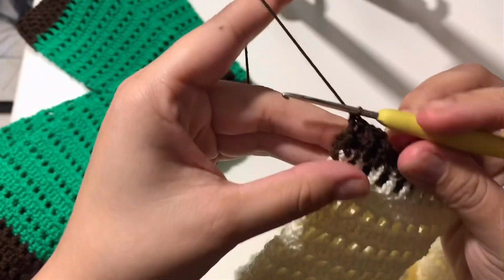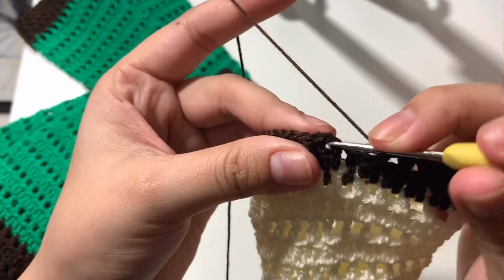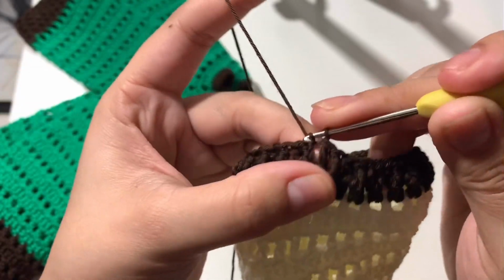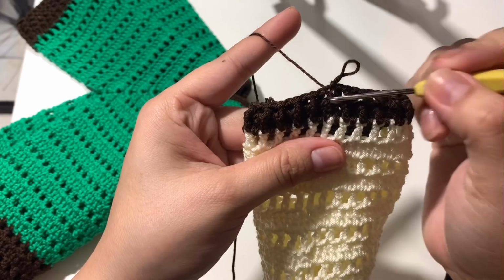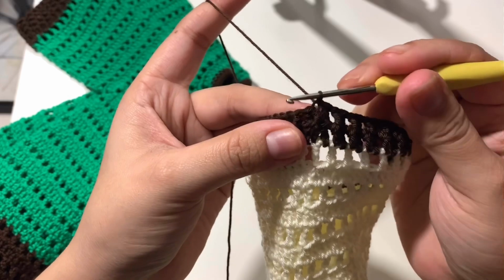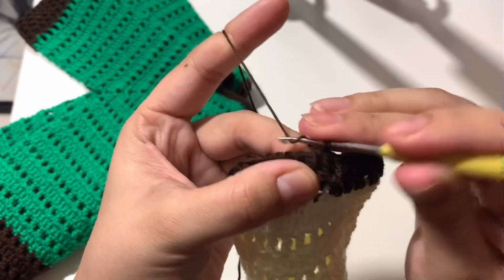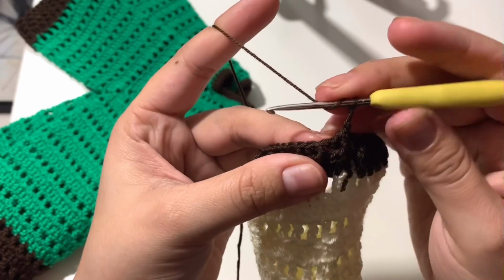Okay guys, so I finished the row, and you have the slip stitch right here in the top of the second chain. Just slip stitch there, and we finish row 2, but it's the first row making the back post and front post. Now once you have your slip stitch, get the front post and make your single crochet, chain 2, and make